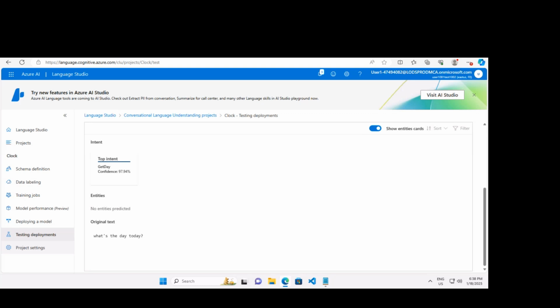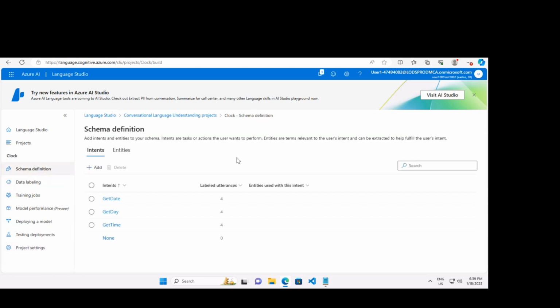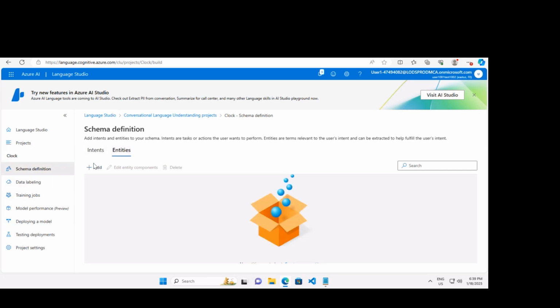So let's get started to add a learned entity. The most common kind of entity is a learned entity, in which the model learns to identify entity values based on examples. In the Language Studio, we return to the schema definition, and we click entity, and we click the